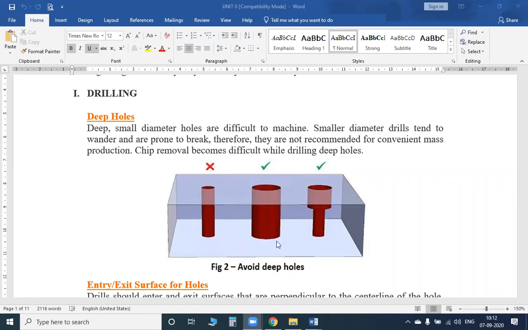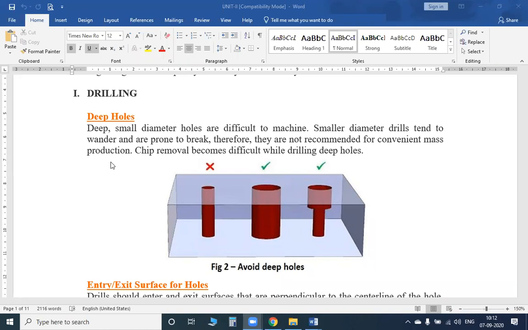Take this type of piece. When you drill a certain diameter, the body can sustain whatever you are drilling into that workpiece, and whatever stresses are generated can also be controlled. And take this type of piece: one is a higher diameter, one is a very low diameter. So this is the main part and this is a secondary part.